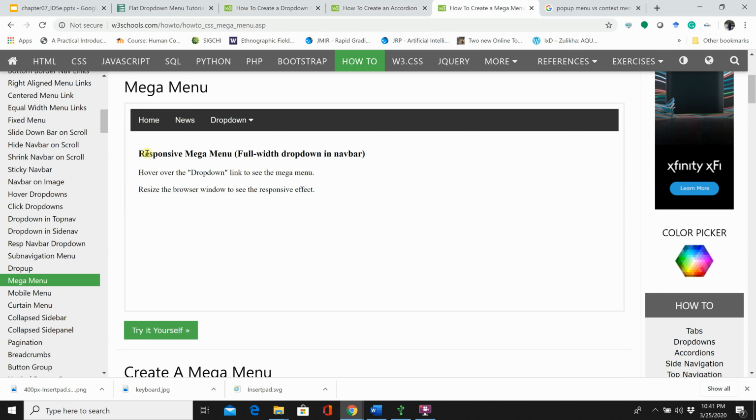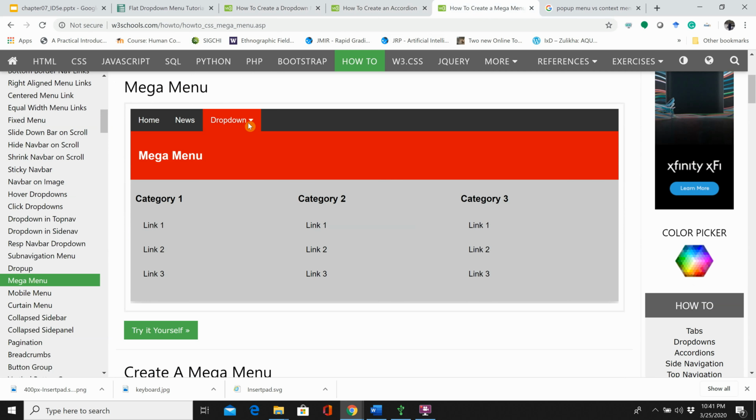The last type of menu is called the mega menu. You have probably seen these kinds of menus on e-commerce websites such as Amazon and eBay. These menus, as you can see, consist of several columns and several categories. Each column usually represents one category, and all the links, all the options related to that category are listed